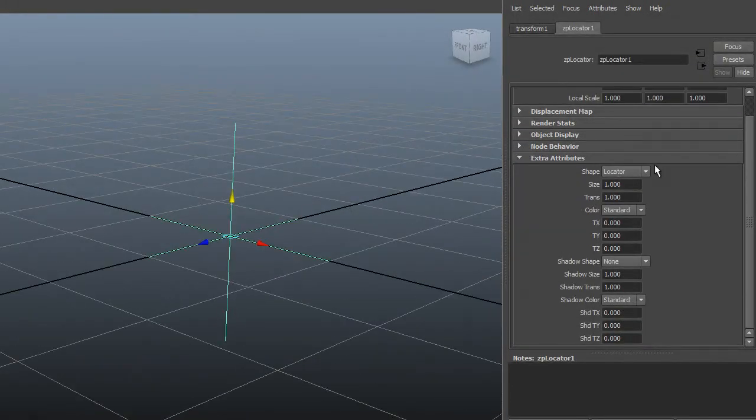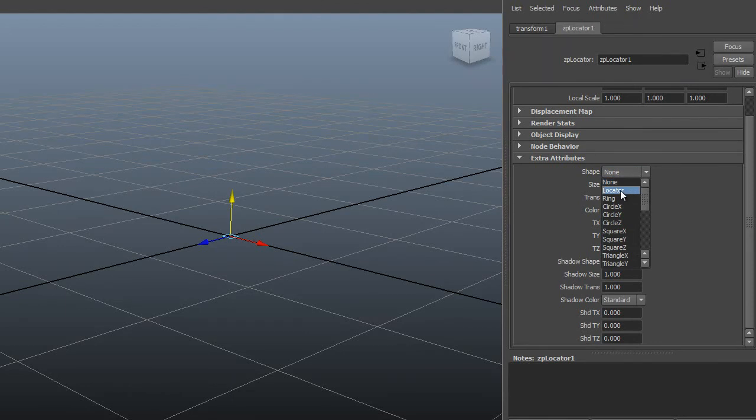With that locator, I can change the main shape and add a shadow shape, probably like the one that you can find in Softimage. With the main shape, you can change from basic locator to even none if you don't want to. You still have the transform node, but you can have no display. So you can change it from locator to ring to circle to square